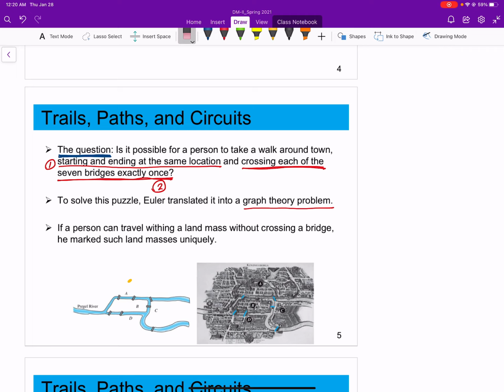If a person can travel within a land mass without crossing a bridge, he marks such land masses uniquely. Okay, so that's clear. Let me explain it again. If a person can travel within a land mass without crossing a bridge, he marks such land mass uniquely. That means